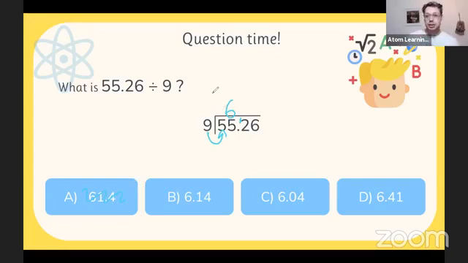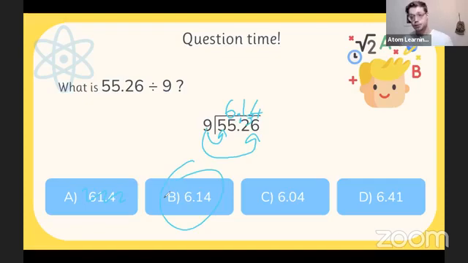So let's go. Now we have to do 9 into 12. So 9 into 12 goes once. Now, because we've jumped over into decimals and we've got that cute little decimal point, we have to put our decimal point in our answer. The fancy word for answer is quotient. So the thing on the top here is our quotient. 9 into 12 goes once, remainder 3. So we carry that remainder 3 onto the hundredths column. And then we do 9 into 36. 9, 18, 27, 36. That's 4 times. So we know our answer is B, 6.14.